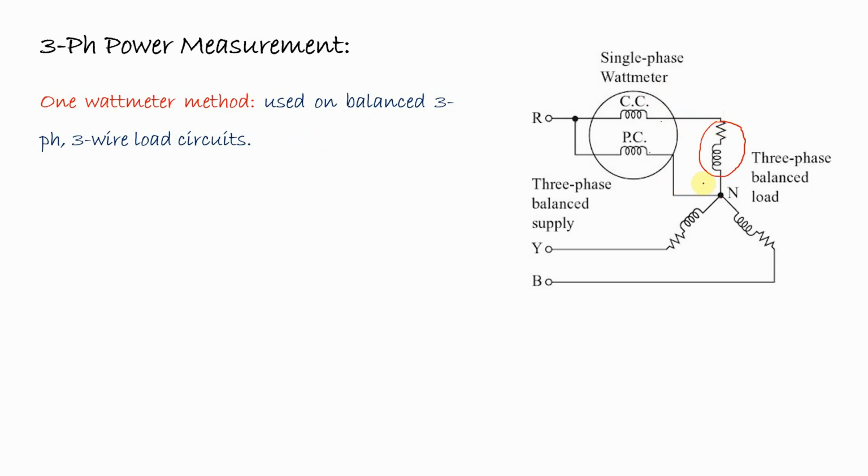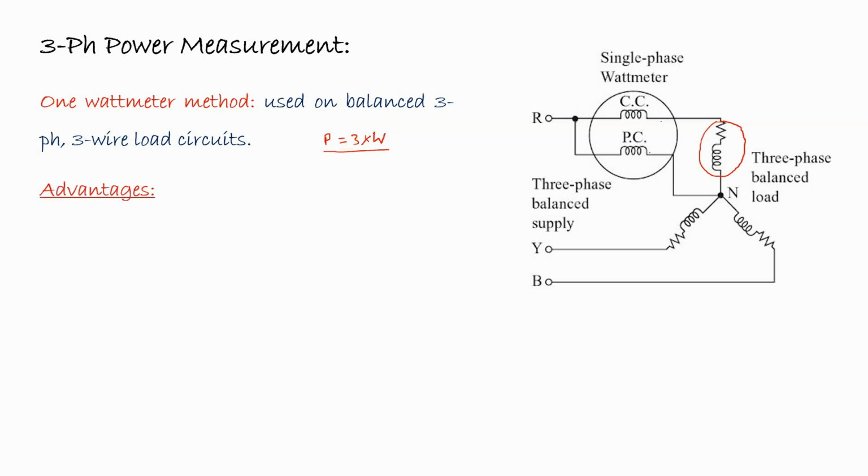So here the reading of the wattmeter will be one single phase power. But if the load is balanced, then the reading of the wattmeter is multiplied by 3, and it will give us the total three-phase power. So here the concept is, for a balanced condition, we will measure the power of a single phase and then multiply the value by 3, so it will be equal to the total three-phase power. But for an unbalanced condition, we cannot use this concept. That means we read the data of one phase and then multiply by 3. This concept cannot be used for an unbalanced system.